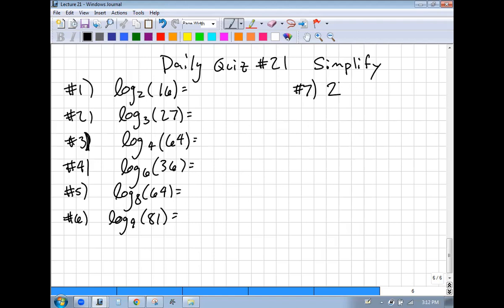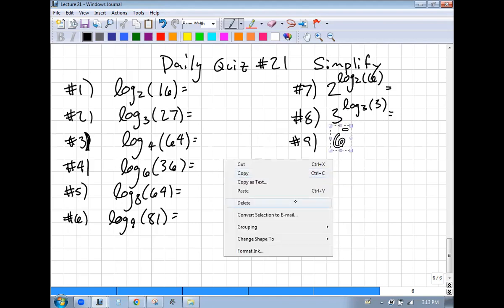2 to the log base 2 of 6. 3 to the log base 3 of 3. 6. I'm just gonna throw some regular exponents. So 6 to the